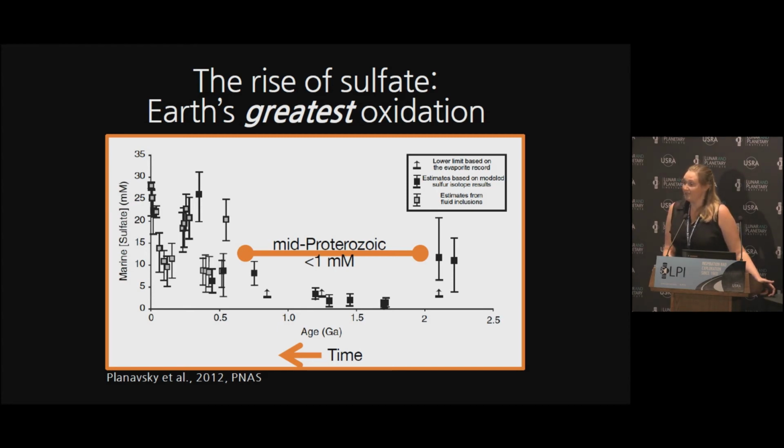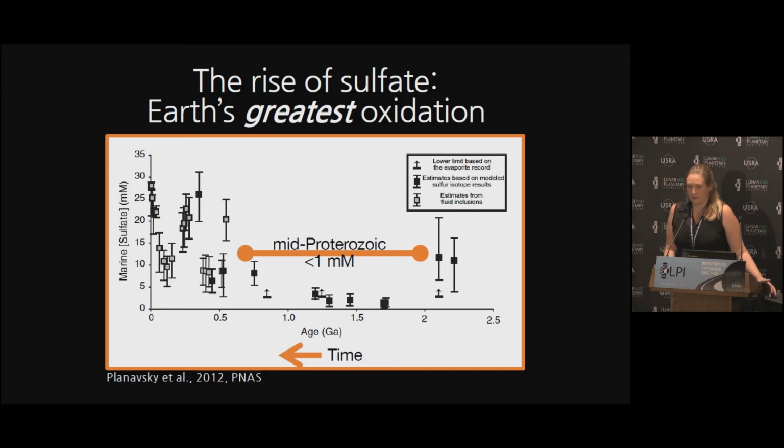And so what that really means is that the flux of sulfate to the ocean has probably been relatively constant for the last 2.5 billion years. That's not to say that the sink for sulfate in the ocean has been constant, just to say that the sensitivity to oxygen is nonlinear, and we don't fully understand it. But anyways, in the mid-Proterozoic, we think that sulfate was probably less than about a millimolar, or on the order of 1 to 10% present levels.